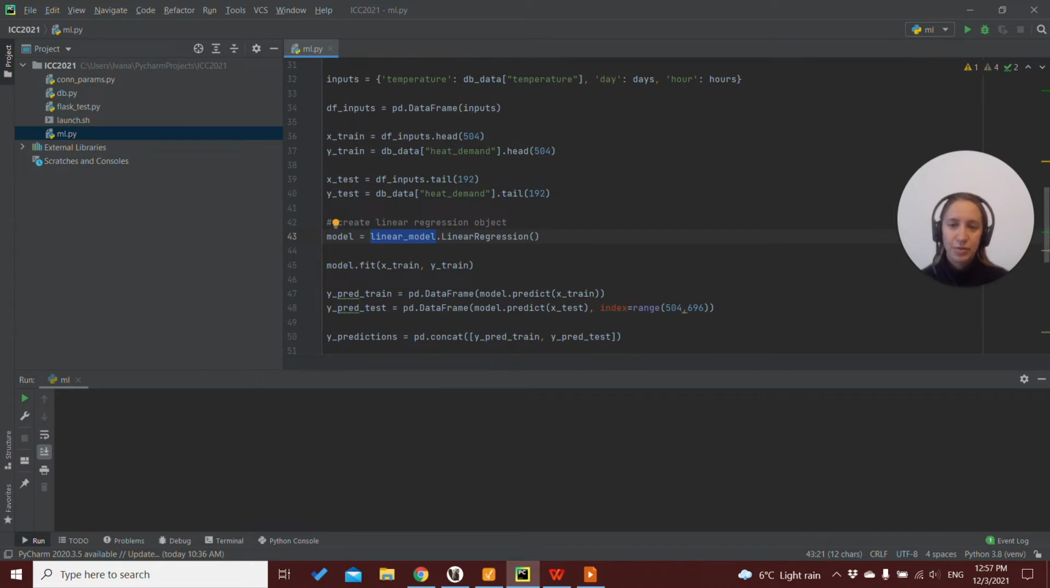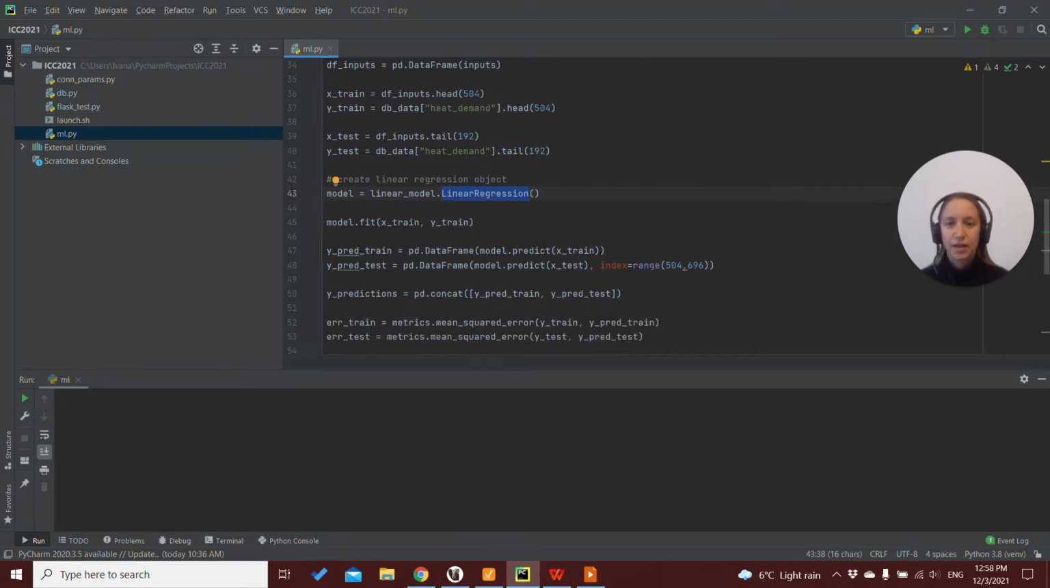As I already said, we will use the linear model, and from the linear model, we will use the linear regression model, which is one of the basic models in machine learning. And it is very easy to implement, as you will see. So for a very simple implementation of this model, we just create the model like this, and then we fit